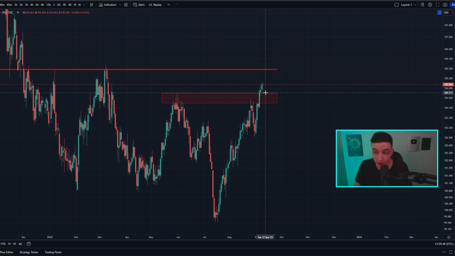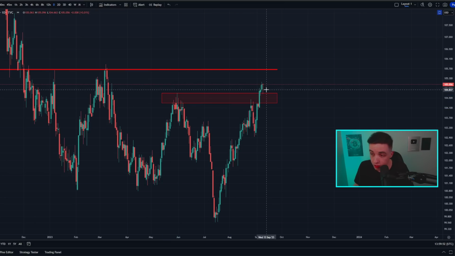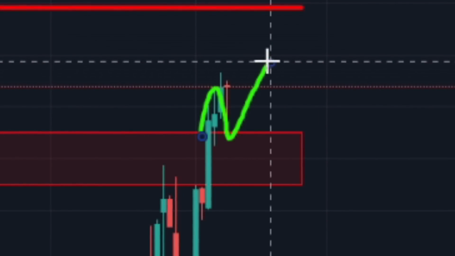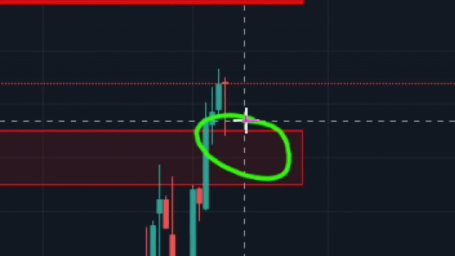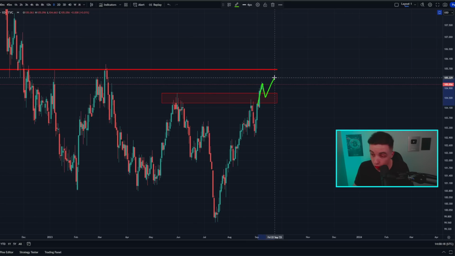And now what we have seen is actually this previous resistance now become new support, because once again, over the last one day, we have actually seen a bounce in the DXY from that previous area of resistance, now acting as new support. And so technically speaking, that is actually bullish price structure for the US dollar index, because anytime we break above resistance and actually flip that resistance into new support, then obviously that is price structure heading in the more bullish direction,